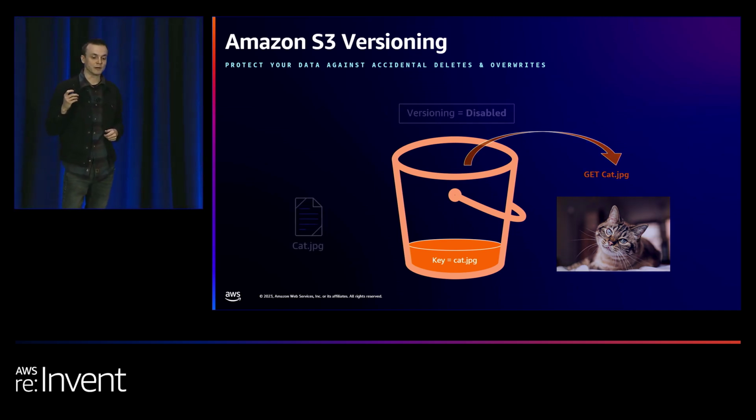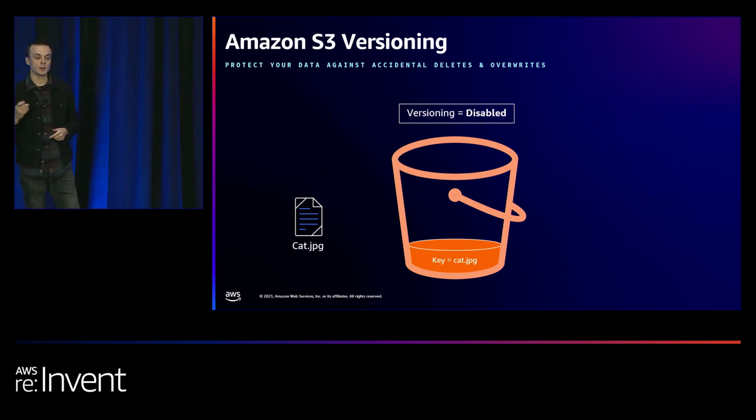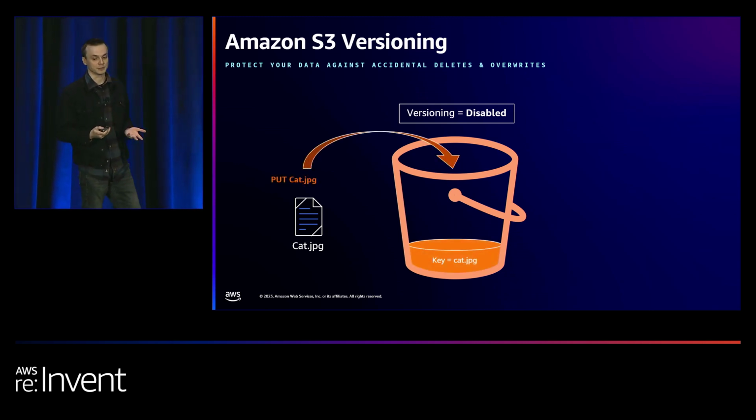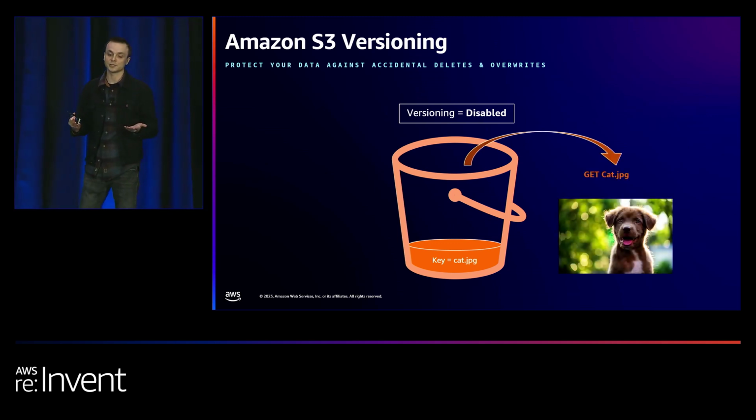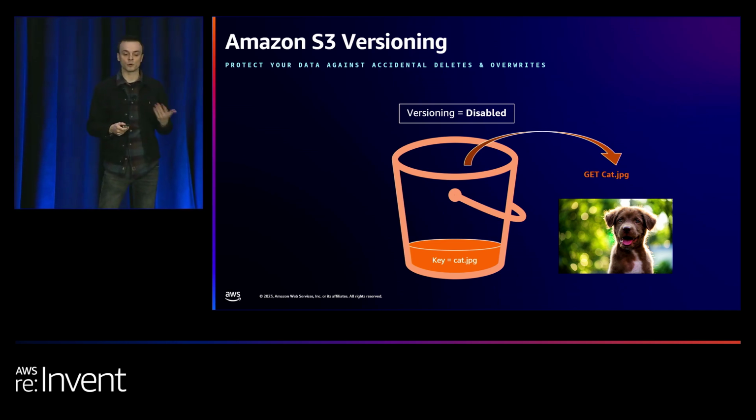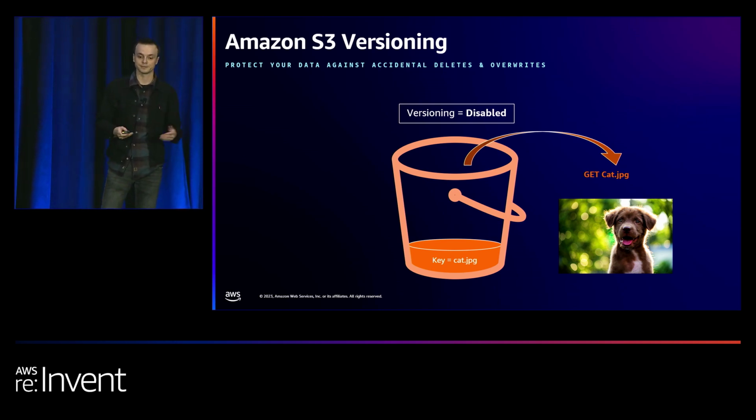So when you have versioning disabled, and you upload this object for a second time, the original object is overwritten. This can cause problems if this new write had the same name but different contents. So in this case, I mistakenly overwrote my object, my cat picture, with a picture of a dog. When you don't have versioning enabled, there is no way for you to recover from this, right? Because you overwrote your data, it's gone. There's no secret copy of it tucked away. Once you overwrite your data, you do not get it back.